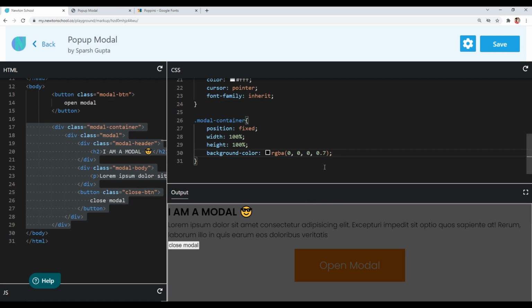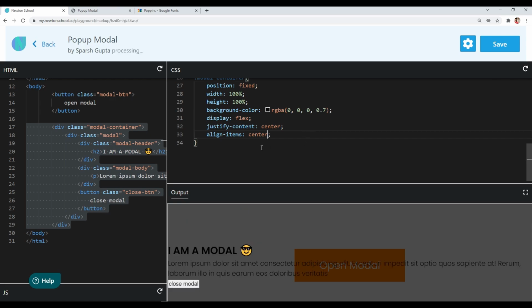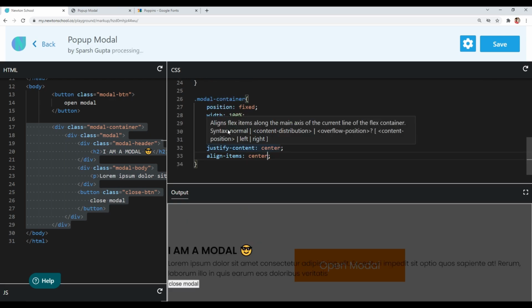Now let's center our modal within our modal container. So I will use flex method again to center our modal within our modal container. So I will write display flex and justify content center to align our modal horizontally center and align item center to align our modal vertically center. Okay, so we had centered our modal within our modal container. Now let's style our modal.